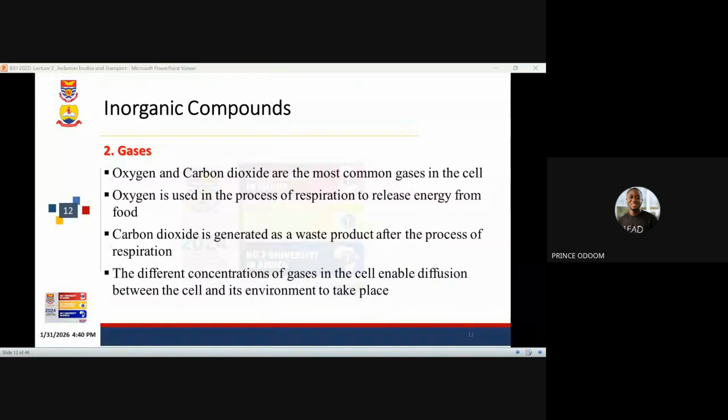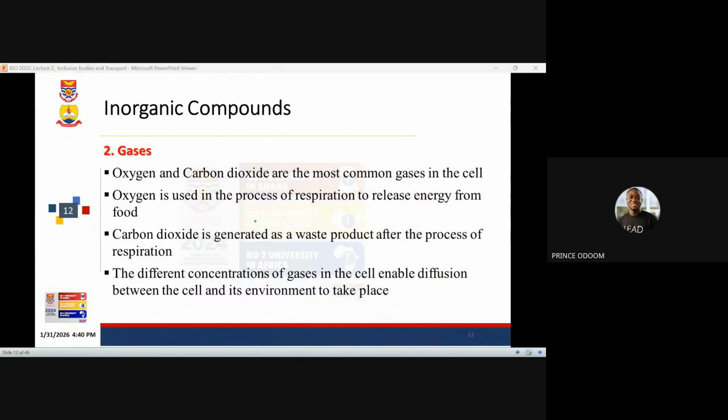Then we look at gases. So we can also look at the importance of gases to every organism. Oxygen and carbon dioxide are the most common gases in the cell. One is taken in, one is taken out. Oxygen is used in the process of respiration to release energy from food. So even with respiration, we have types. We'll look at that in detail, but we have